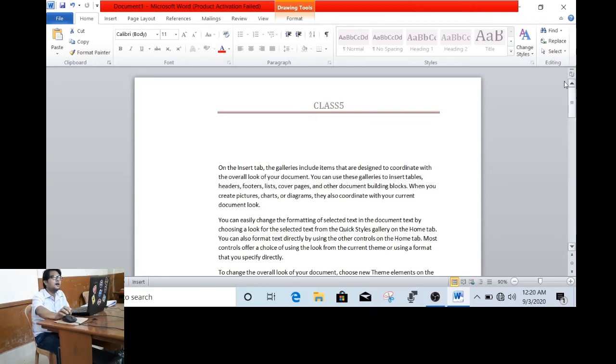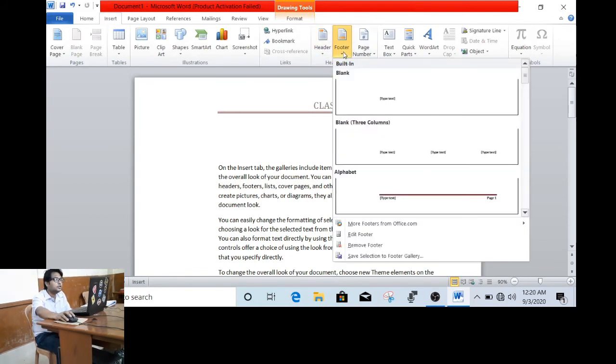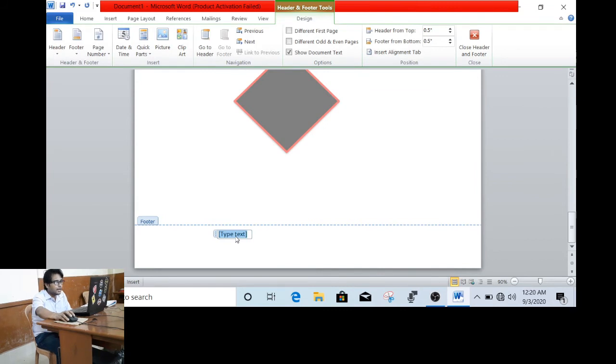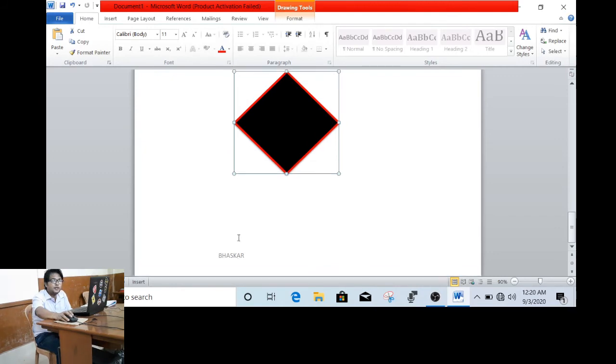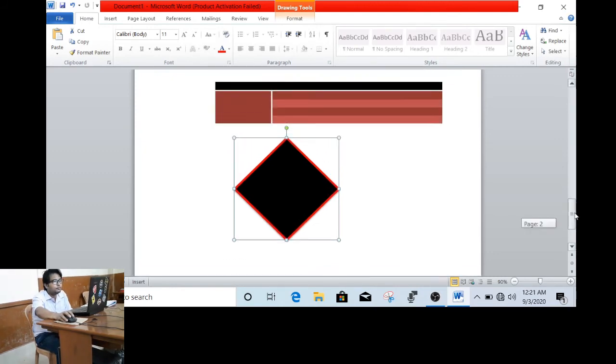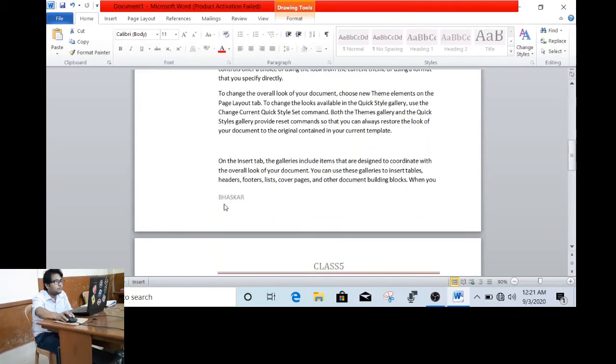Similarly, if I want to add a footer, I will do the same thing. I go to the Insert option, I click on the footer option, and choose a footer. Suppose I have chosen this one as my footer. I type my name here. I click on the close option. See, my name is displayed here, as well as if I go up to the first page, at the bottom you will see my name is also displayed. So this is the header and footer option.